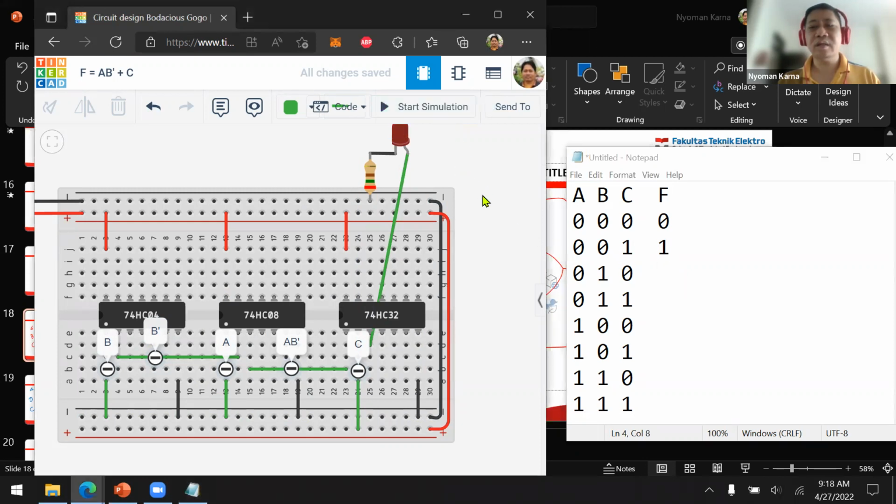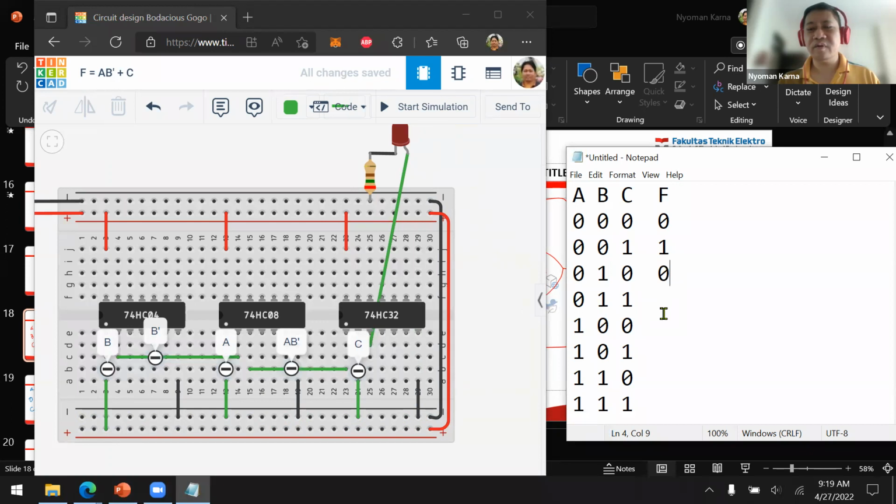And then the third combination is 0, 1, 0. Start simulation, off. So that means F is 0.